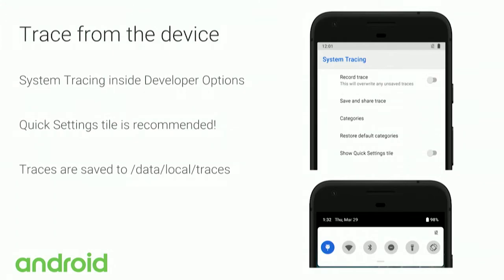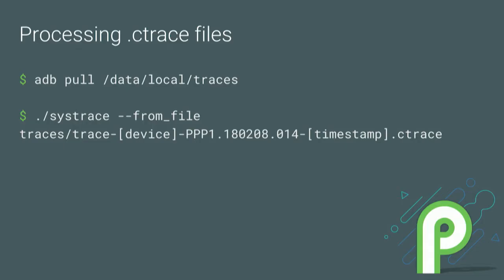It will pop up a dialog that allows you to email it or share it to Drive or Dropbox or whatever. It's also saved to the device in data local traces if you do want to pull it off via ADB. The only special thing about the system tracing, like quick settings approach, is that they are compressed on the